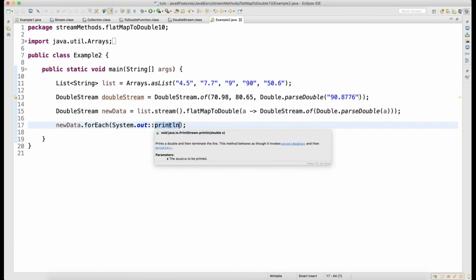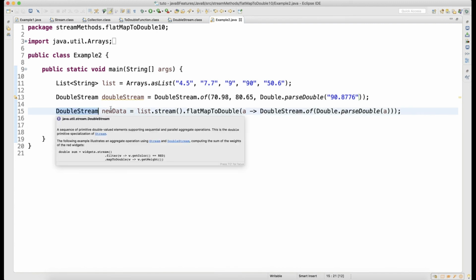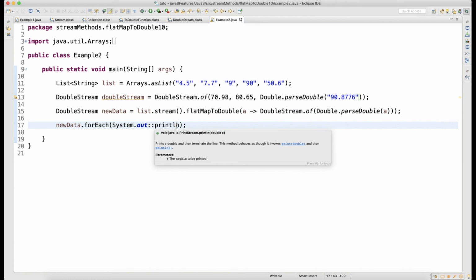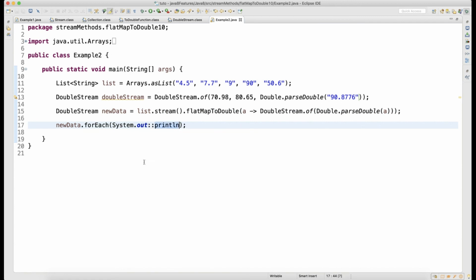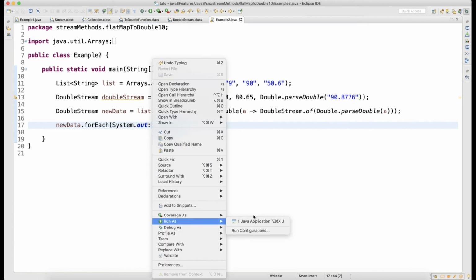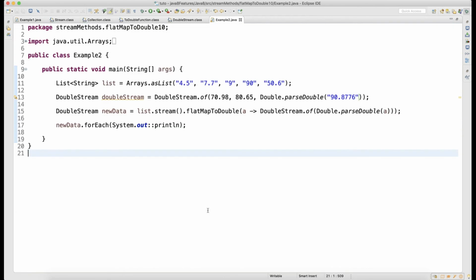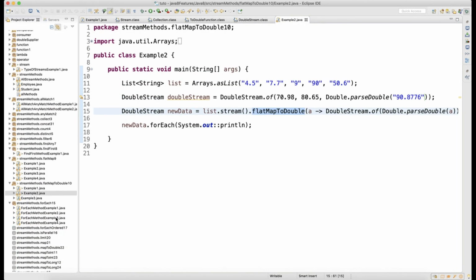From this new stream, one by one the data will go to the println method and get printed. This we call a method reference, which I have already covered earlier, so I will not repeat it. Let me run that. Cool. So you are getting that output. Your string got converted to a flat double.